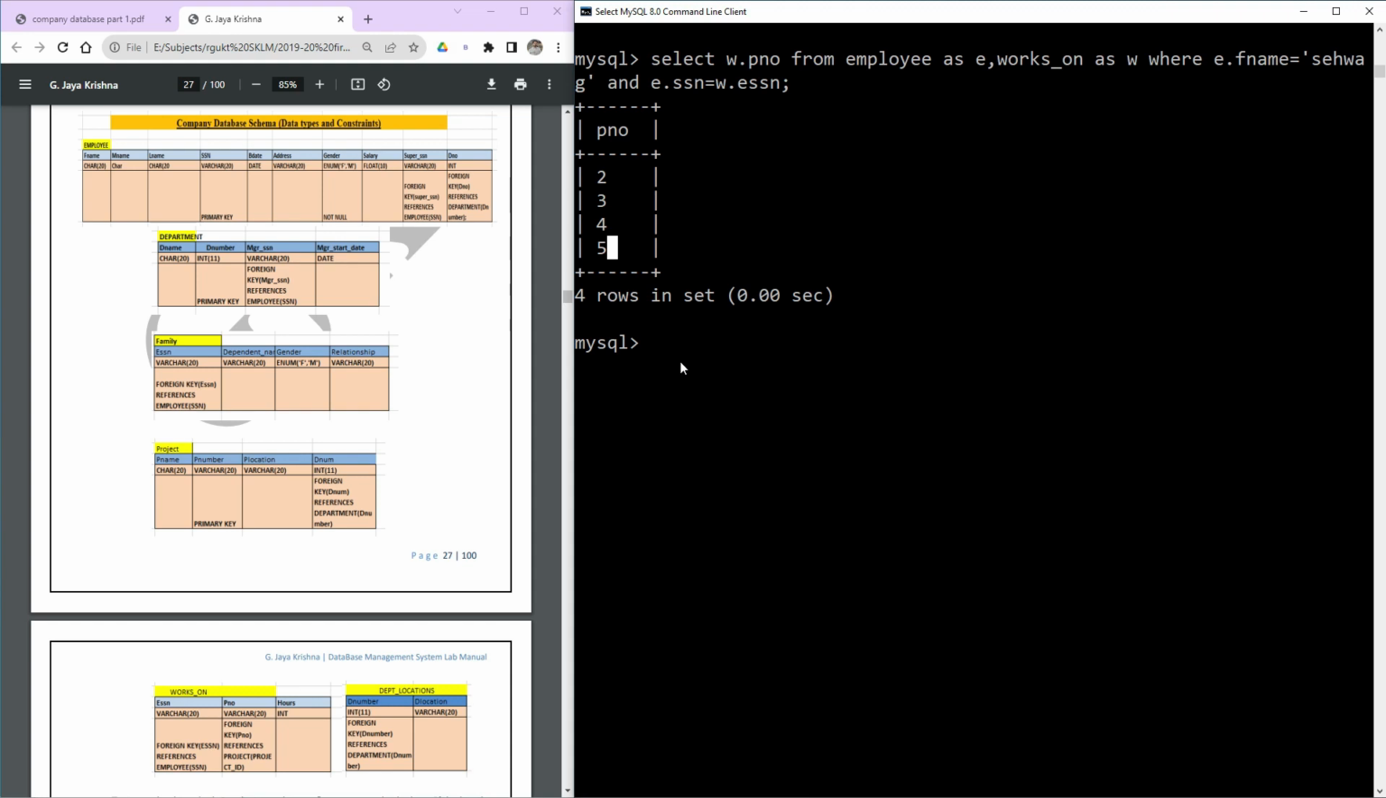Okay. Now can I write the query where sehwag acts as an administrator? If he acts as an administrator, can we print his controlled project numbers? Yes. See, observe in the project table, there is a department number and there is a project number, right? If you are to find out whether he is a manager, how can you write it? I am going to write